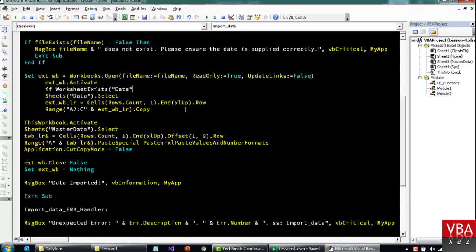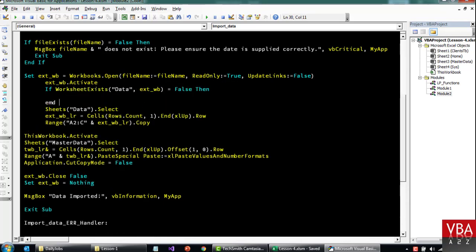this. If this sheet exists, you see this is supposed to be passed as string. And then the workbook is going to be, we want to check if this sheet exists here, in that external workbook. If this is false, then here is a good time to provide feedback